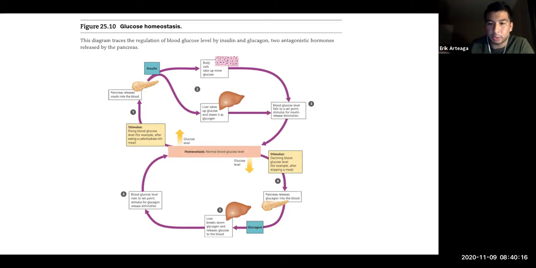Okay, and this is partially one of the reasons why they have you perform a fasting glucose test, right? They tell you not to eat for 8 to 10 hours before you come in and get your blood drawn, right? They want to see whether or not you have normal or adequate functioning of your pancreas or cells in response to the glucose and insulin, or glucagon and insulin. Okay, they want to see that your body can compensate without having food for a period of time, right? And we'll talk about diabetes right now